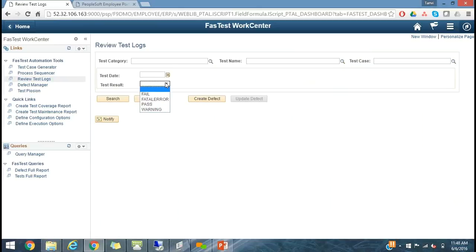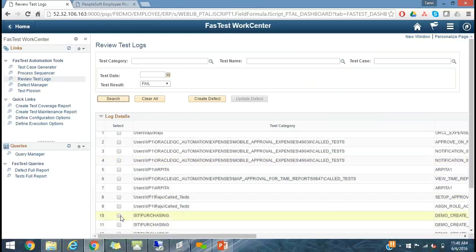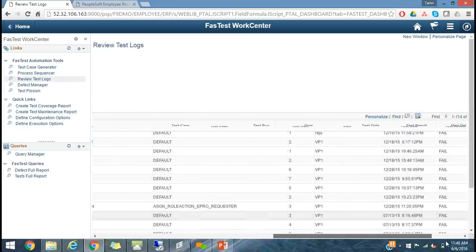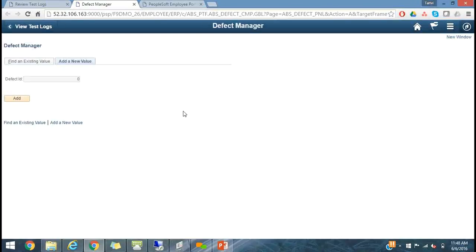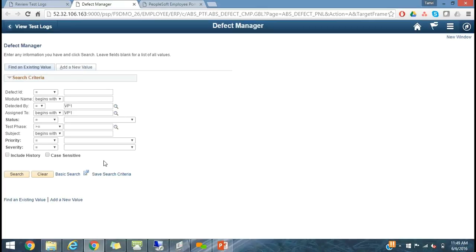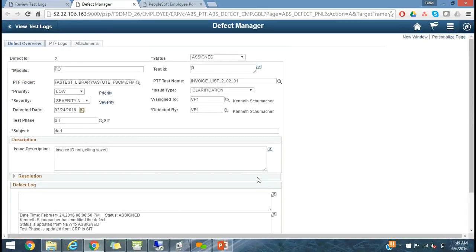So we've given an online interface that searches for, say, all fail scenarios, and say I identify a possible bug depending on all the details that are fetched within the grid. I can say I want to go ahead and create a defect for it. So the Defect Manager solution will give you the ability to either pick up an existing defect, update an existing defect, or create a new defect altogether.